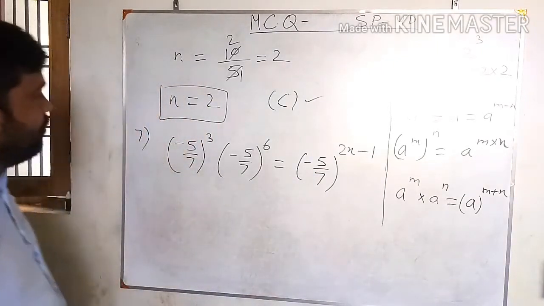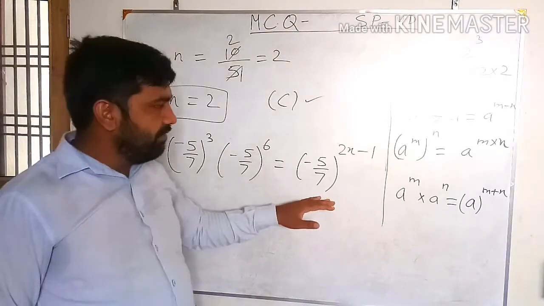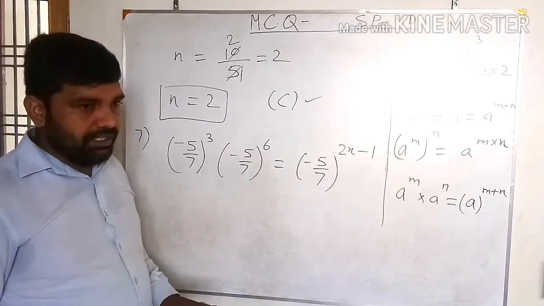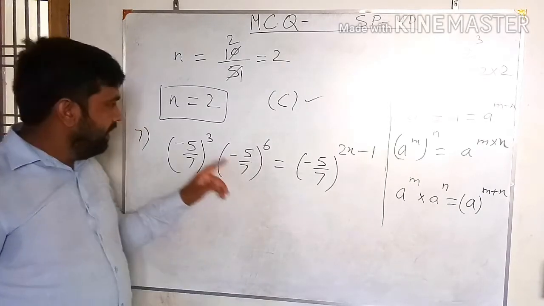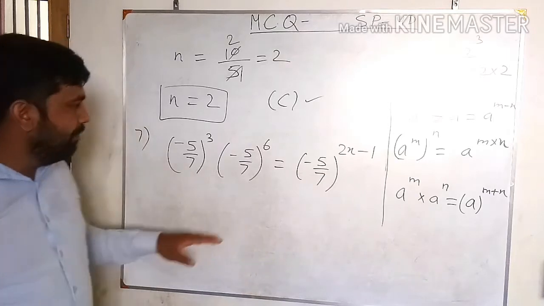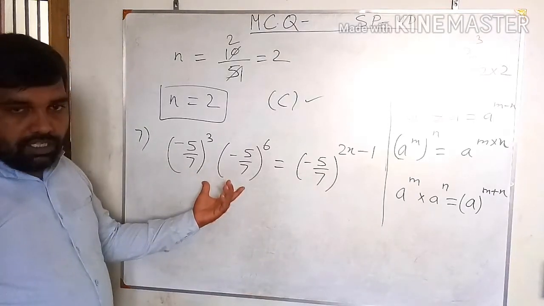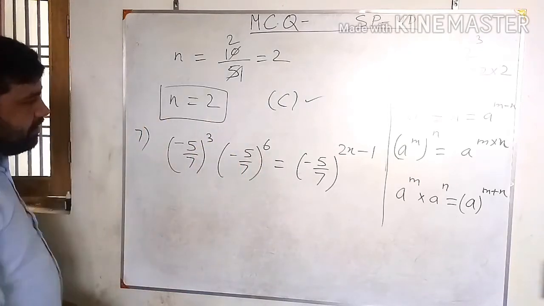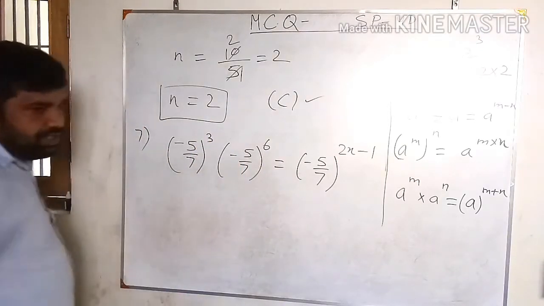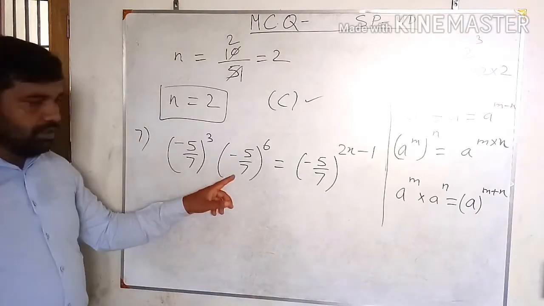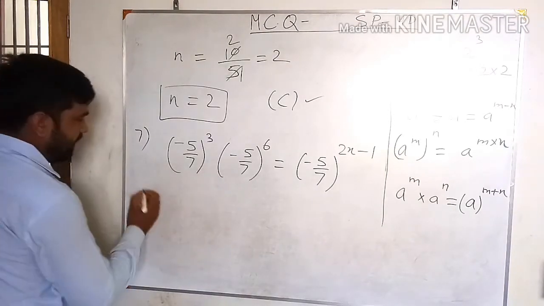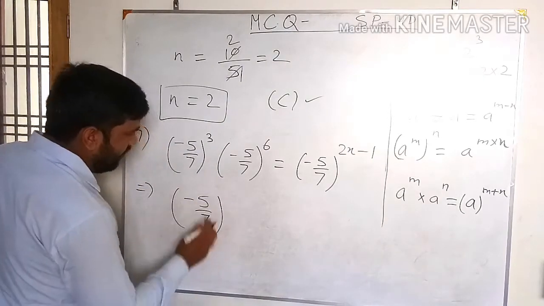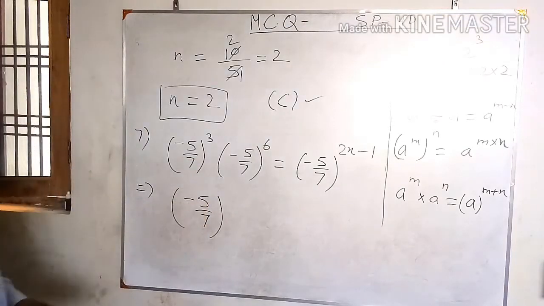So in this equation we have to find the value of x. Again, this is an exponential equation. To compare the indices of the exponents, we have to make the base on the left hand side and the right hand side the same. On the left hand side there are two exponential numbers with the same base, so we apply the product law: take the base common and add the powers, because both are multiplied with each other.